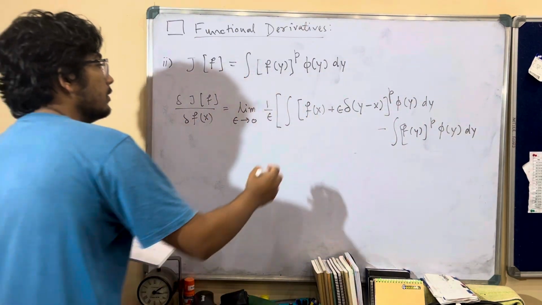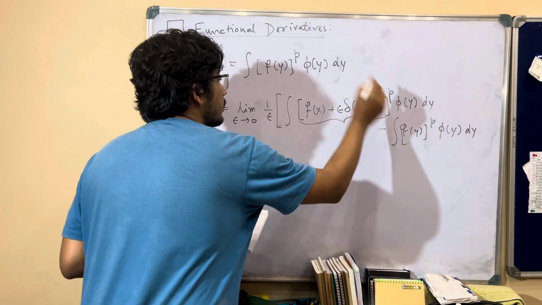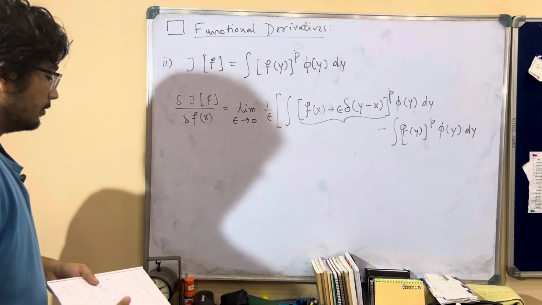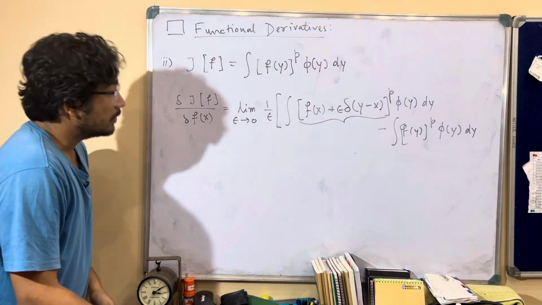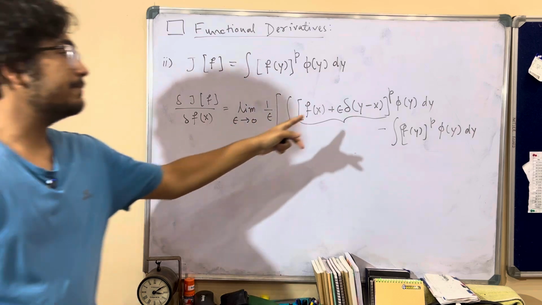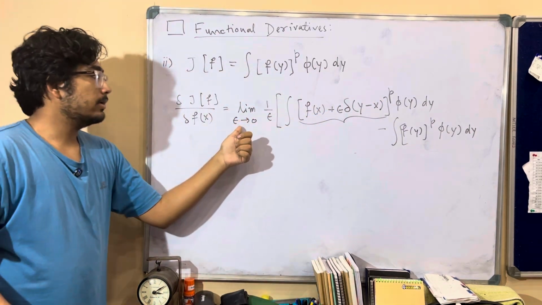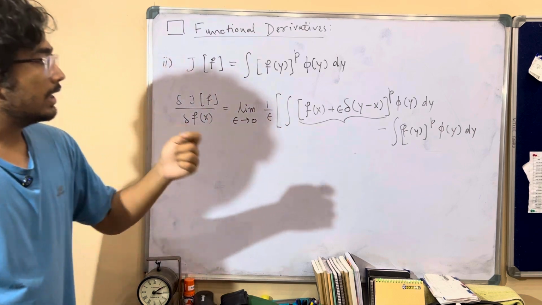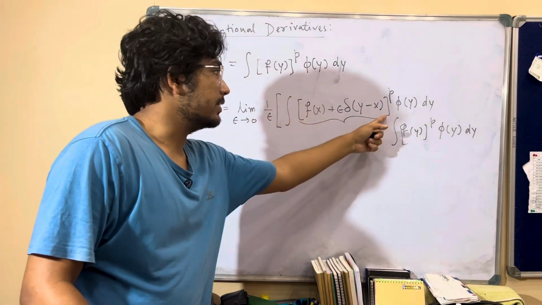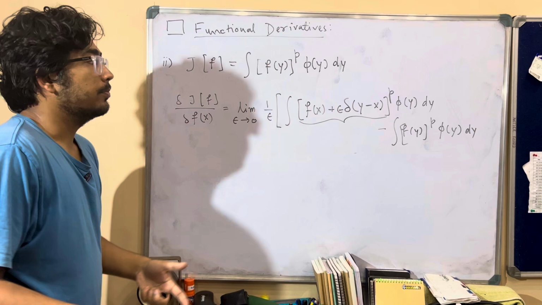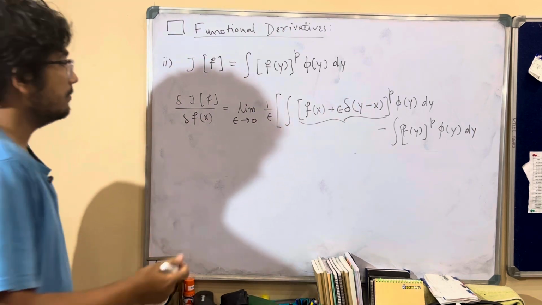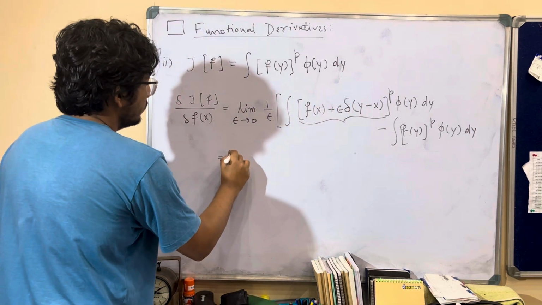Now, this part is what we need to worry about. As epsilon is very small, because we have taken the limit epsilon tends to 0, we can Taylor expand this thing, or if you know binomial expansion, that's the same thing. It will give me